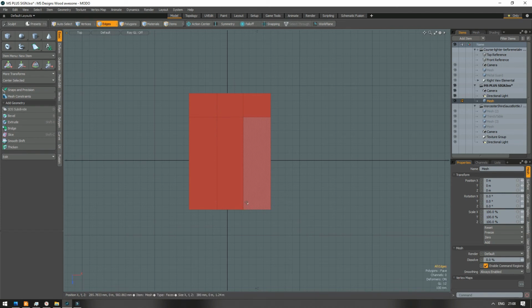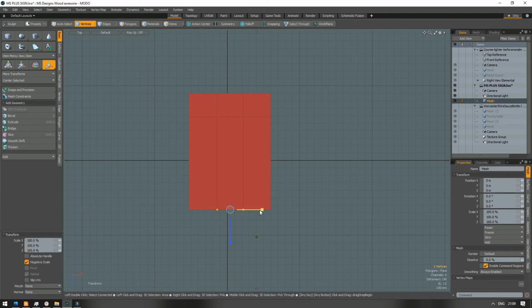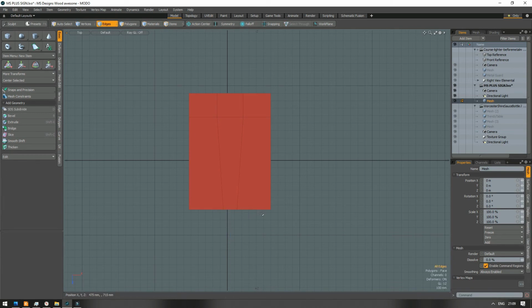Again, if you want to scale one vertex, you ain't going to do anything. You have to have 2 selected. So I'm going to scale them in, and that will bring them automatically closer together. So I press the shift button to drop that tool, and I press 2 or edges and select that guy